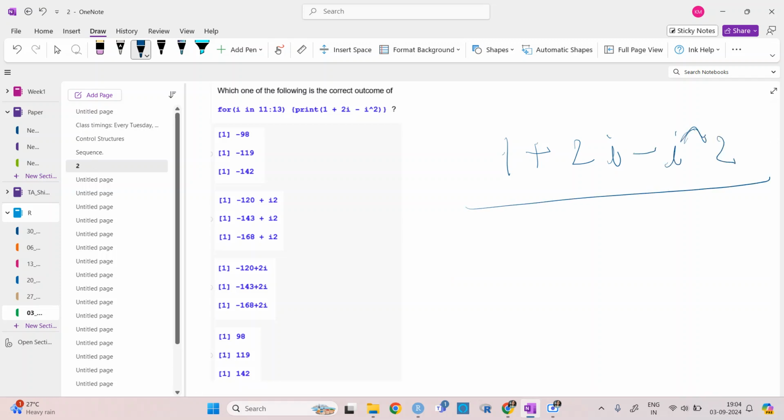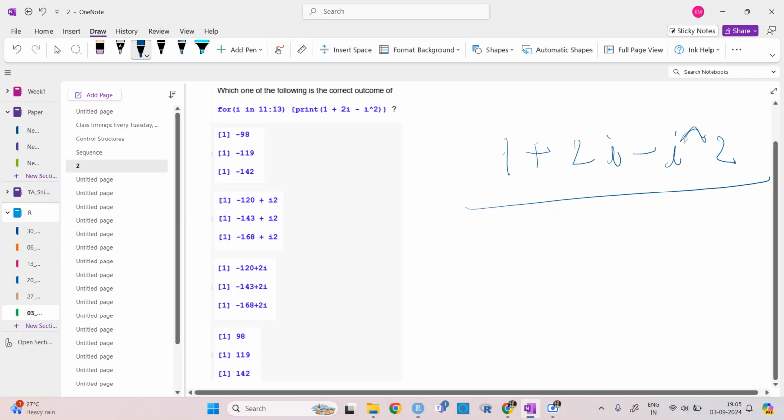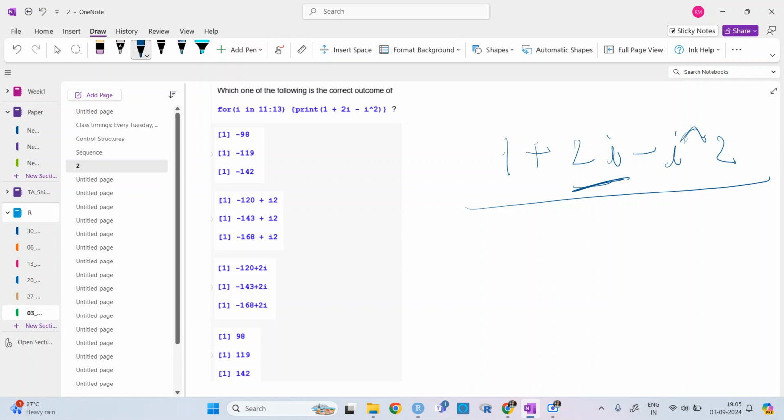Now, if you write any command in R without any multiplication or division between two symbols, then it will not take the values.